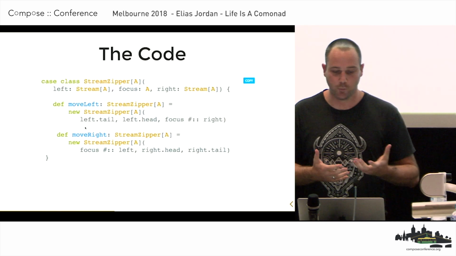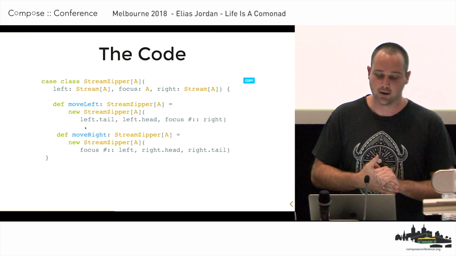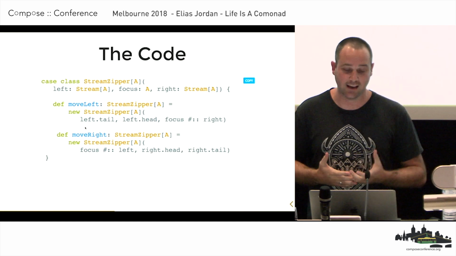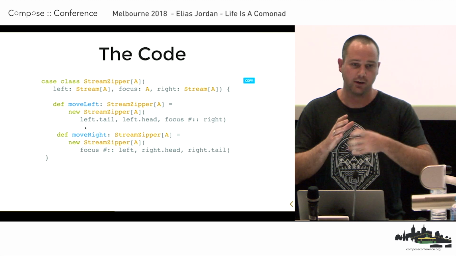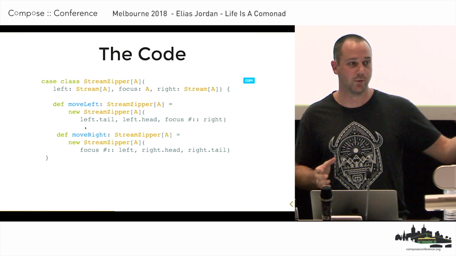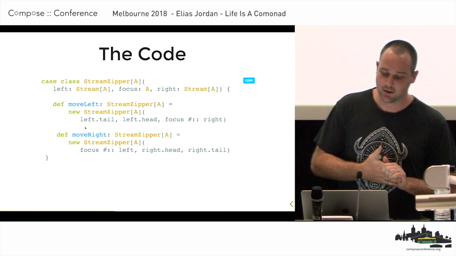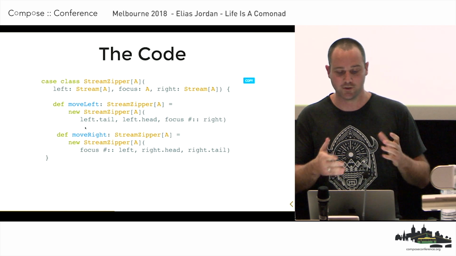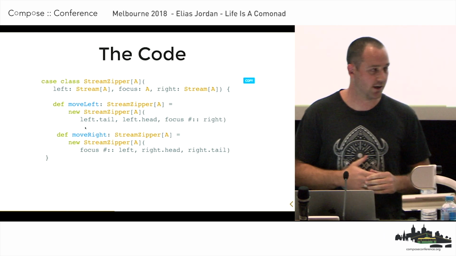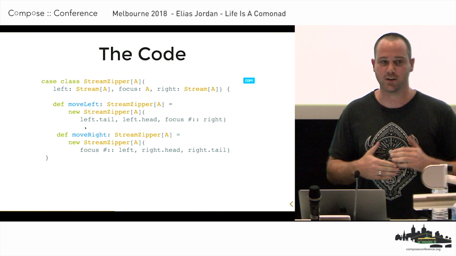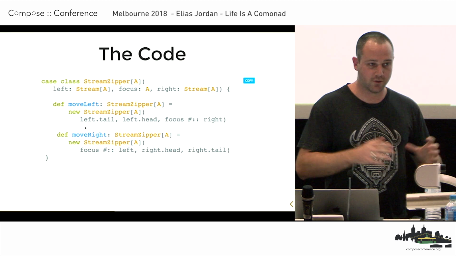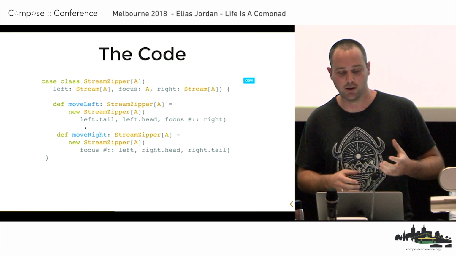So this is the basic code we use in Scala to encode our stream zipper, or our zipper data structure. In Scala, a stream is a lazily evaluated collection, so it can be an infinite set of items. So we have our focus element, and we have our stream of elements on the left, and our stream of elements on the right. This is just for demonstration purposes. It's not a total function because I have that call to head in there, which is not total. But if you look on GitHub, which I'll link to later, I have a slightly different implementation that is total. But you'll see that for each of moving left and moving right, I simply go through those 3 steps that I mentioned in the diagrams.